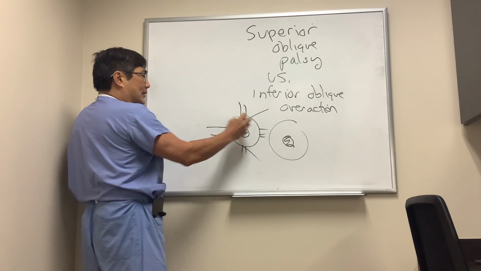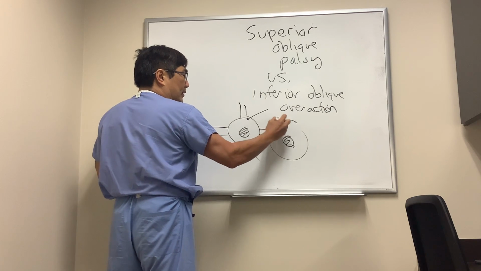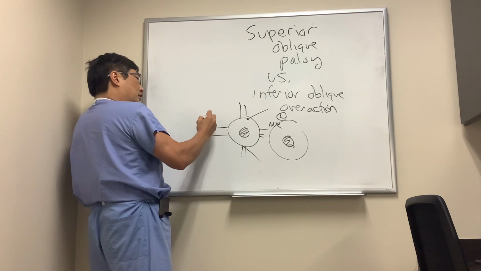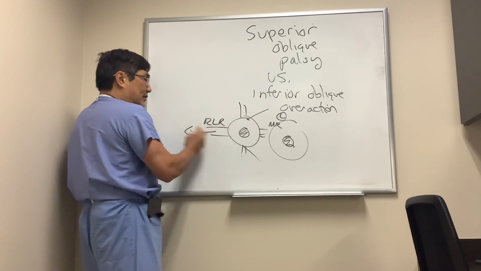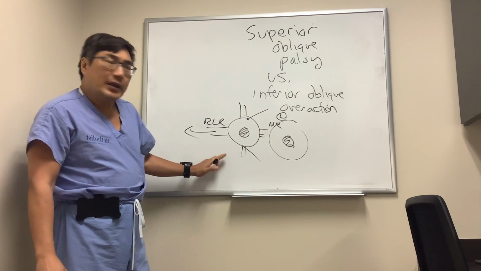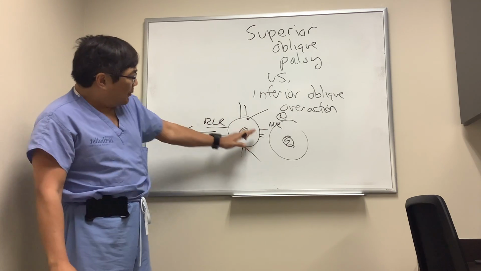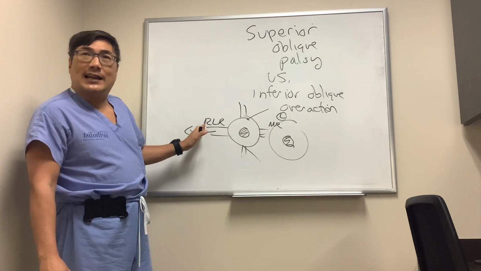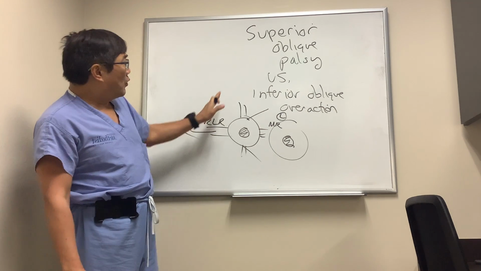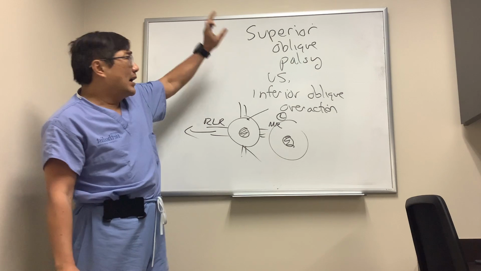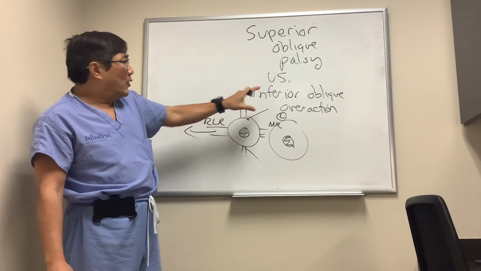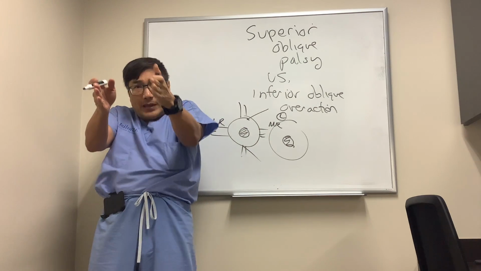So for an example, in the left eye here, the left medial rectus is going to be yoked with the right lateral rectus so that you can look to the right. These two muscles are agonists. However, the ipsilateral medial rectus is the antagonist to the right lateral rectus. It's doing the opposite. And so when you have a weakness in one muscle, its direct antagonist will appear to